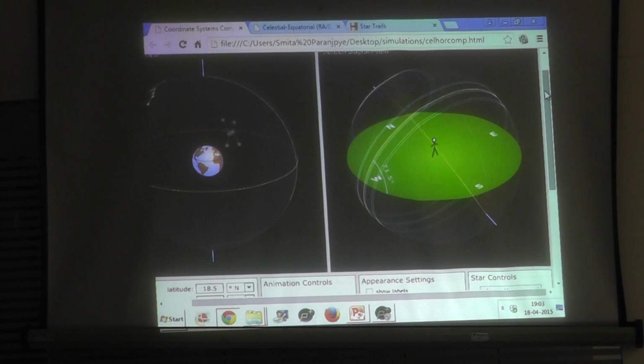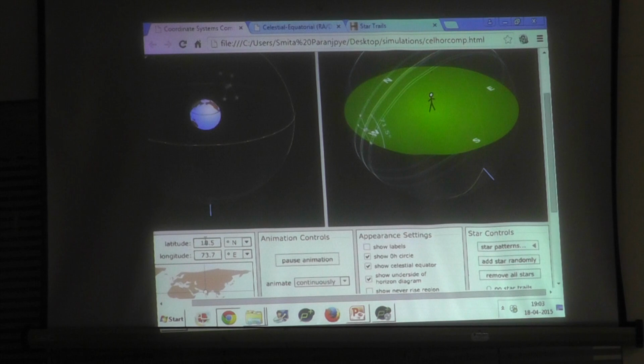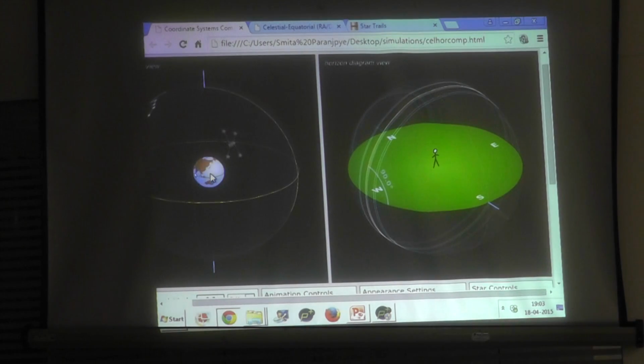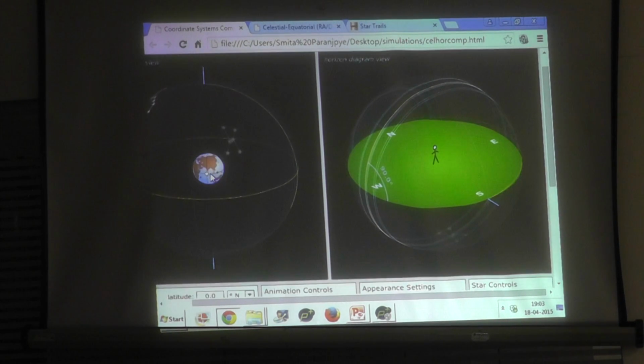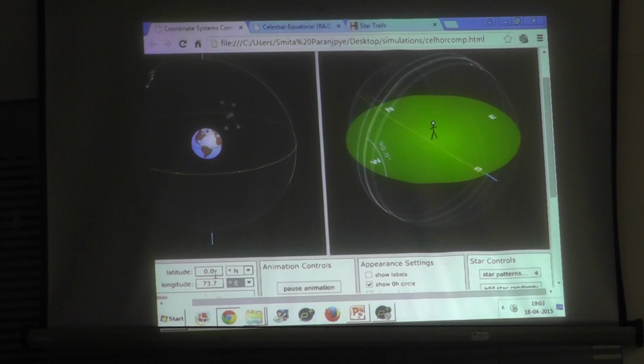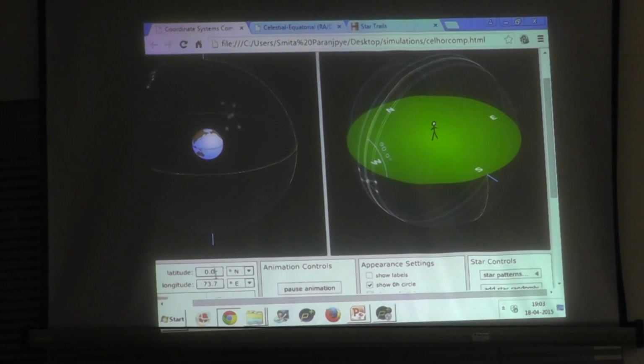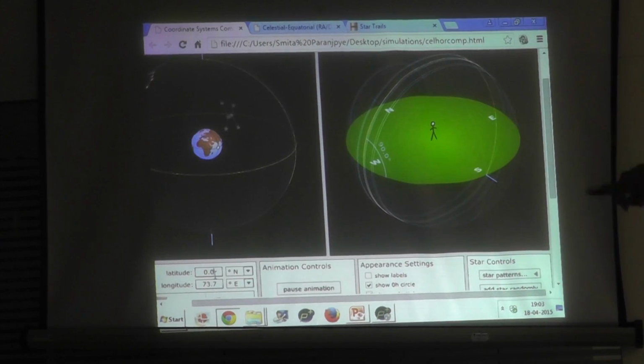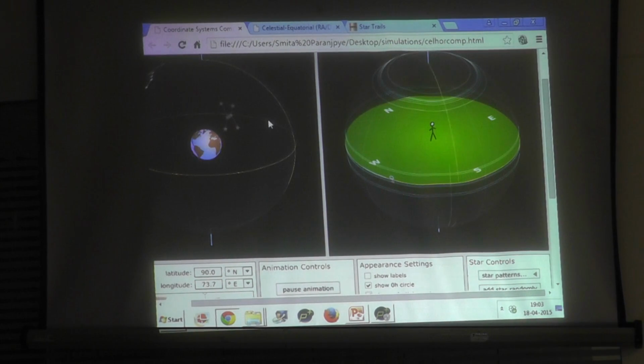Now let us say I go to 0 degree latitude, at the equator. What happens? Was there some change? Not really noticeable, right? Let us try again. Before seeing this change, this is the equator. Now just remember how the animation is showing at the equator. Now let us go to the North Pole. What changed? Something drastically has changed. What has happened?